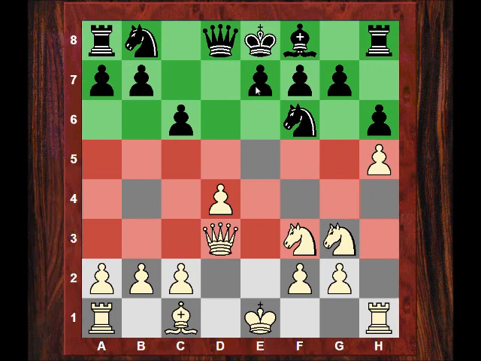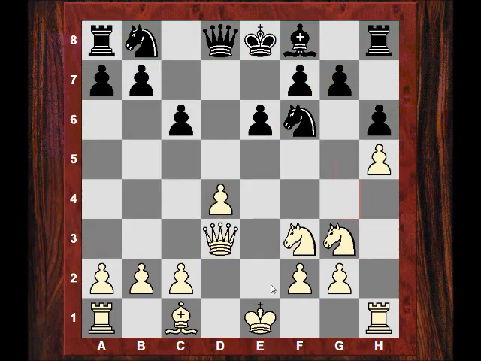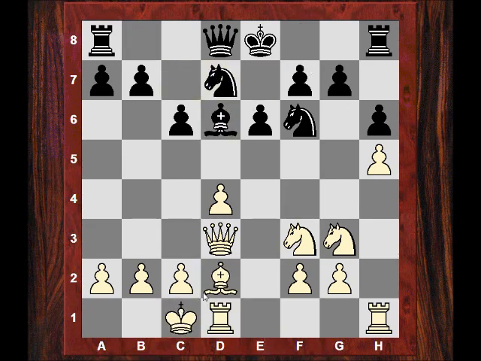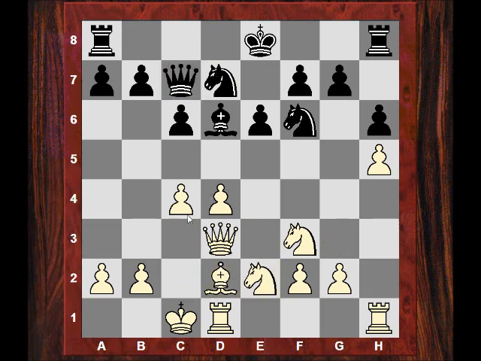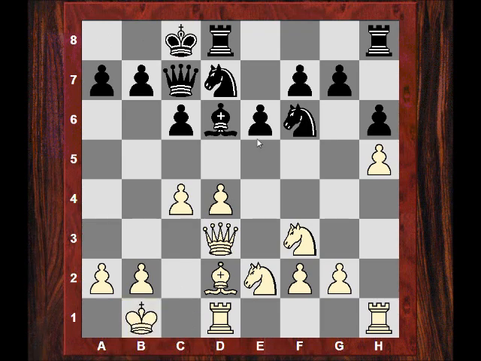So we can continue with e6 and say bishop d2, bishop d6, castles, and you end up with potentially more territory than black, and black plays c5 at some point, and you should really know what to do.